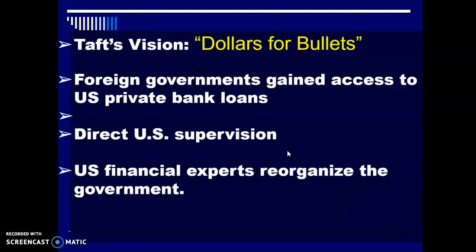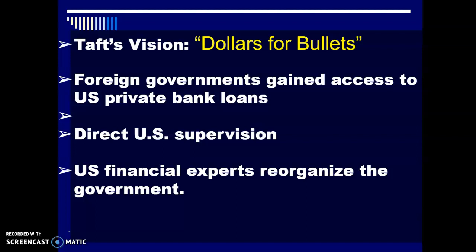Taft's vision. So Howard Taft became president after Theodore Roosevelt. Theodore Roosevelt was the president from 1901 to 1908, and Taft won the election of 1908 because people convinced Theodore Roosevelt that he should not run. Taft, also a Republican, had similar goals to Theodore Roosevelt, but was a very different president, very different man, much more of a businessman, much more of a lawyer, and wanted to find other ways of doing this than the aggressive policies of Theodore Roosevelt.